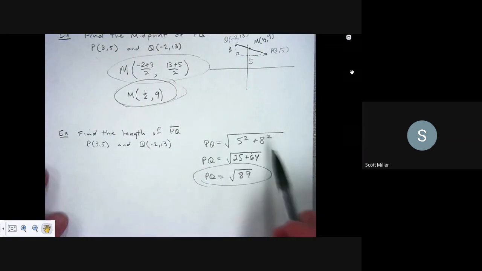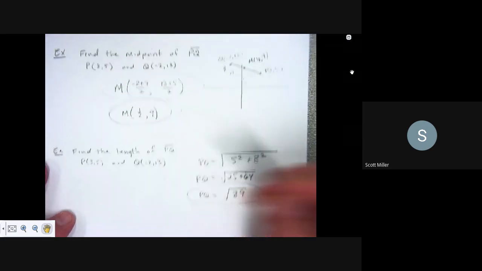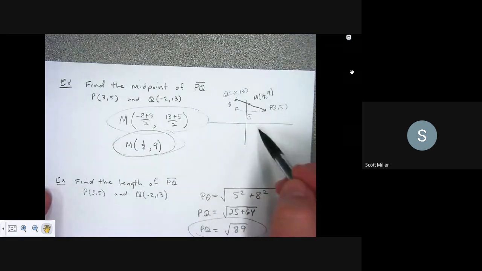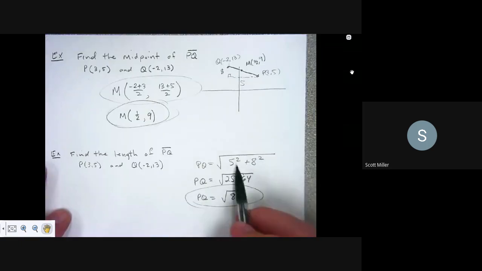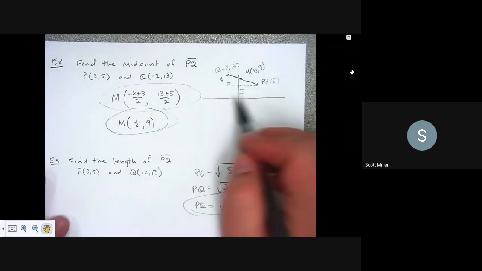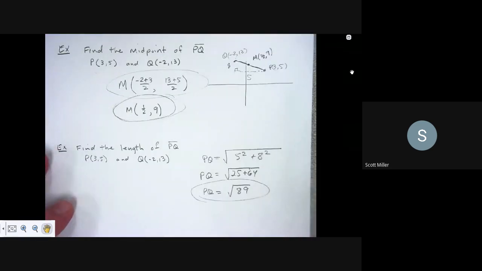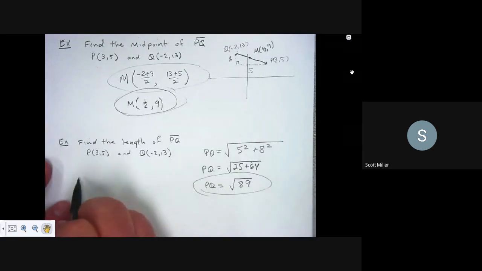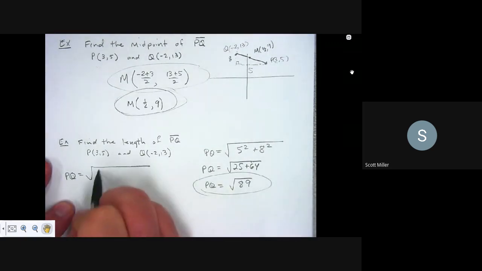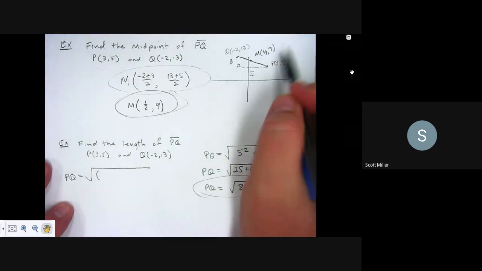So this would be the work I would want to see. If you did Pythagorean theorem this way, I'm sorry, the find the length this way, I do want to see a small sketch so that I know that these are the actual numbers that you're going to get. So you would draw me the sketch, show me the triangle with the numbers in it, and so forth. If you choose not to do this route, you choose the formula route, then it would look like this. You would put PQ equals the square root, and then you have to do x2 minus x1, so you can just do